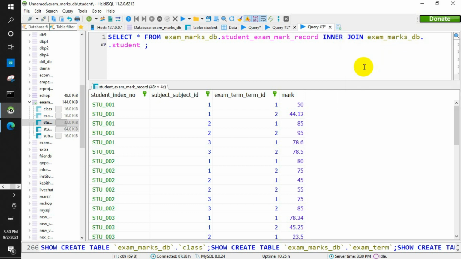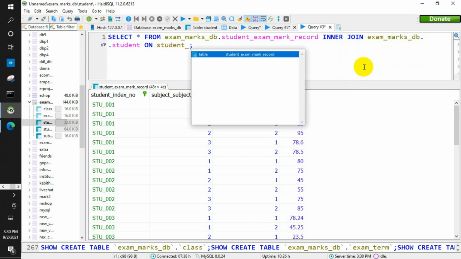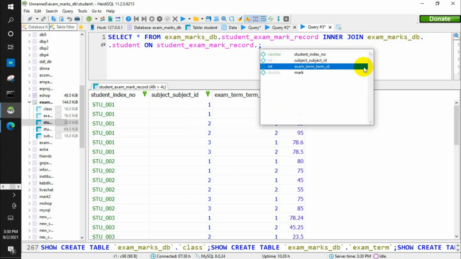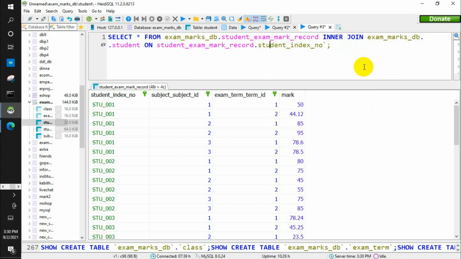First I'll find the student table, and the condition that we are going to use for this connection is the student_marks_record, and the student index number of that table should be equal to the index number of the student table that we connected earlier.